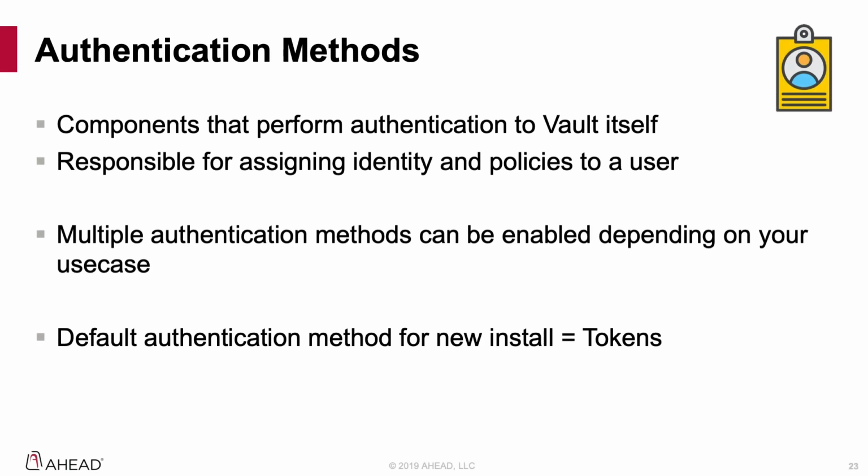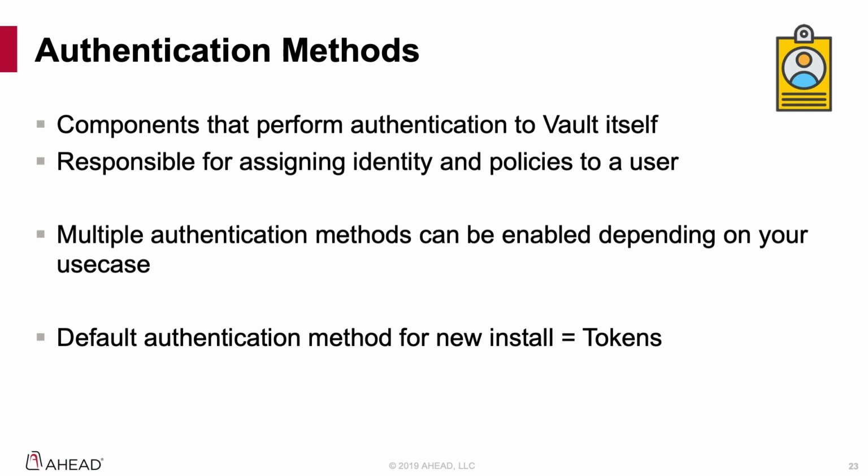So let's jump into authentication methods. Authentication methods are exactly what they sound like. They're components that perform authentication to Vault itself. So we have a Vault server running somewhere. How does Vault know that I, as Bryan Krausen, have permission to go read certain secrets within Vault? There are multiple authentication methods that we can use, and those are responsible for assigning identity and